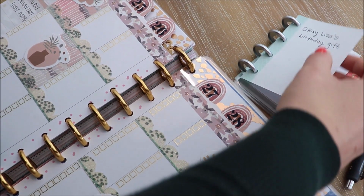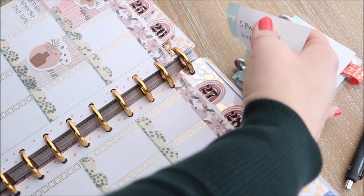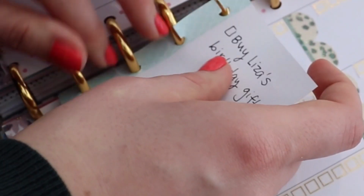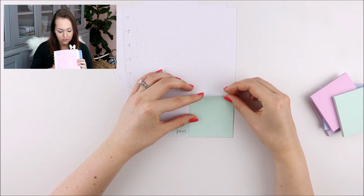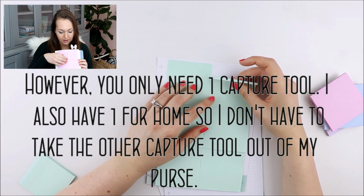And because these sheets are removable, you can transfer them into your planner when you get home. We'll discuss exactly how to process those sheets in the next habit. For me, my capture tool when I'm at home are these inserts that I added to my Happy Planner, which